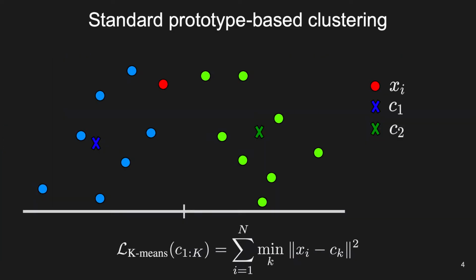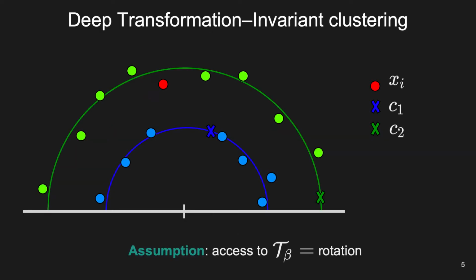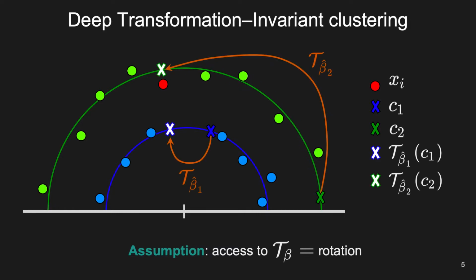Prototype-based clustering methods typically aim at learning a set of prototypes by minimizing a quantization error. Once the problem is solved, each sample is then assigned to the closest prototype. Our key insight is to explicitly model transformations, in this case a rotation, to which we want to make the clustering invariant. For each sample, we first predict alignments of the prototypes, then use the transformed prototypes to compute the